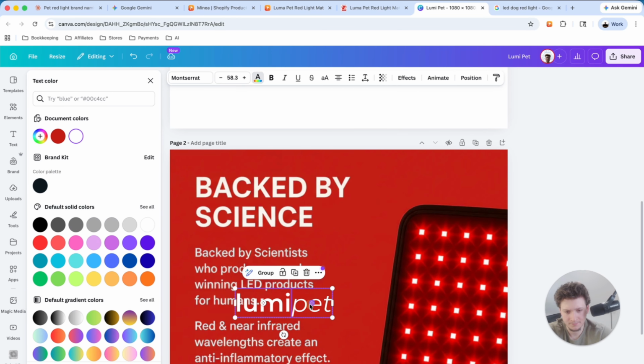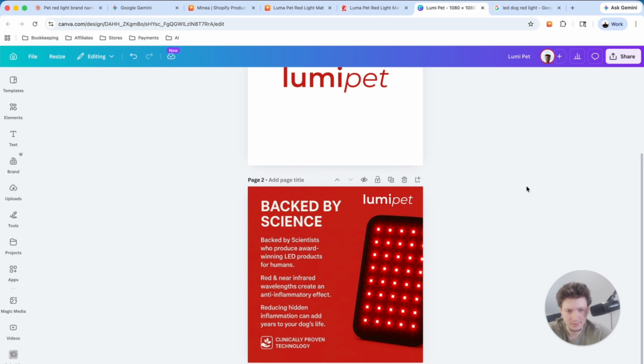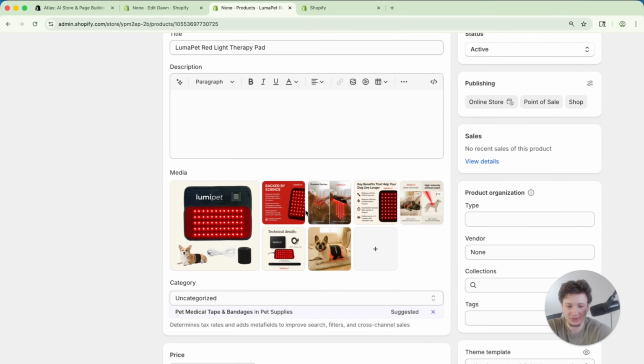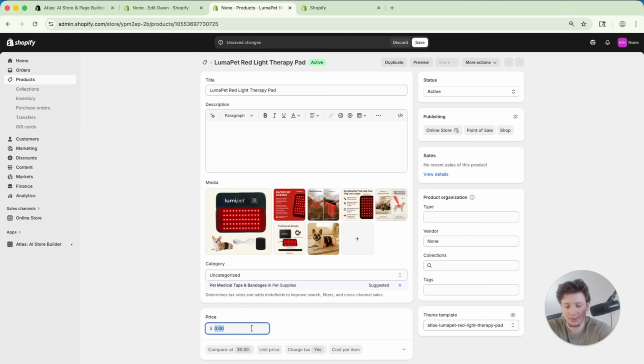Okay, so we're just making our infographics here. Okay, maybe that will look a little smaller. Okay, so I'm gonna make all the infographics, just simply find them online and then add them here, and then we'll save all of them. So I just made all of these product images on Canva. Super simple, easy. Just put my logo on the images, made it look super branded, and that's exactly what you want. And then what we're gonna do is we're gonna add our price here, so $59.95. Save that so we have all these product images, and then we are going to change the name, so Lumi Pet,